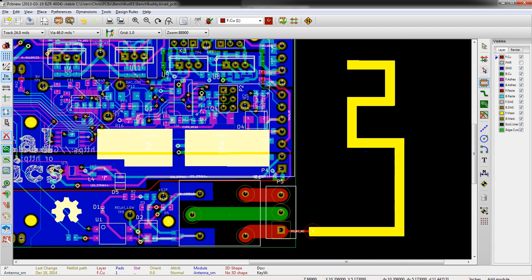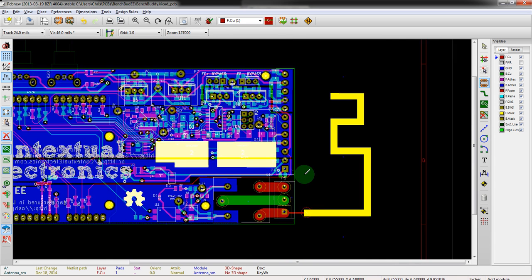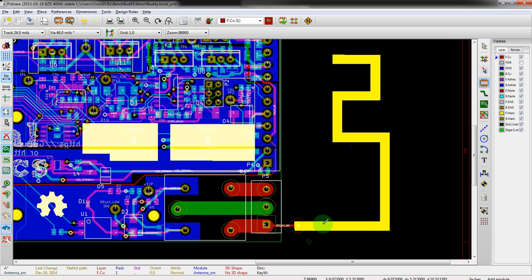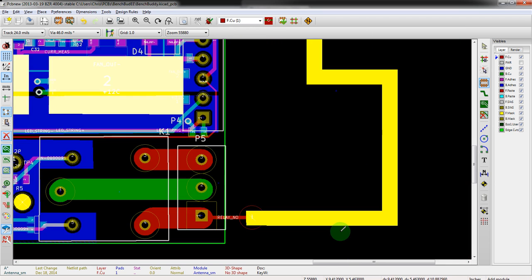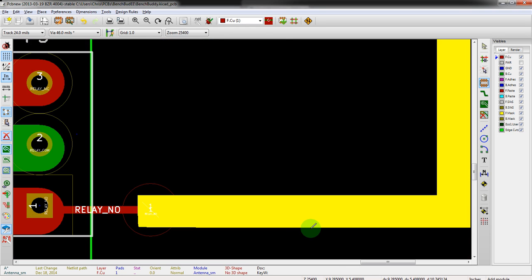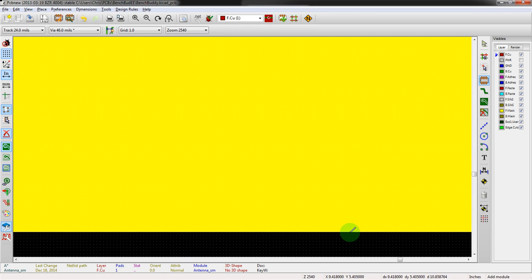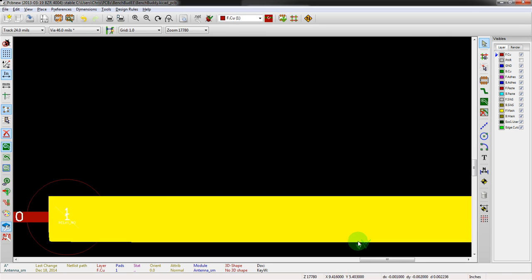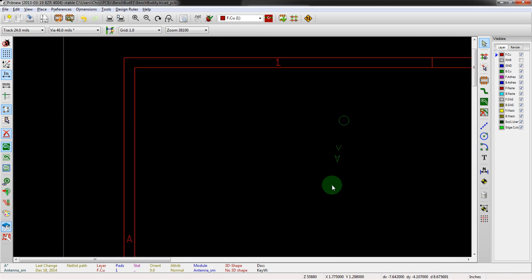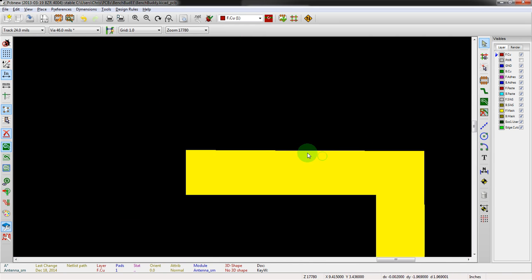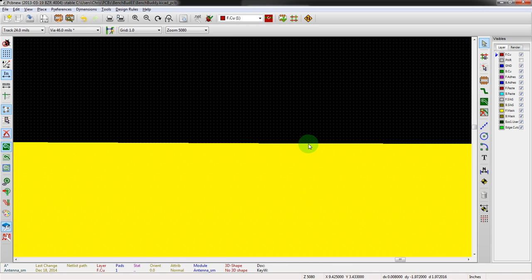Again, disclaimer, I am not an antenna person. This is not a real antenna, but hopefully the method for getting it in there is working properly. Another thing we could check is that the dimensions are correct. So if we hit space, this doesn't look like it's full screen yet. So we want to look down here at the relative stuff. If we mouse over here and hit space, that's now a relative 0. And then if we went up to the top here, it should be that 1.96 or whatever it was. Oh, sorry, it skipped over. So over here, and it looks like it is that 1.96 or so that we had